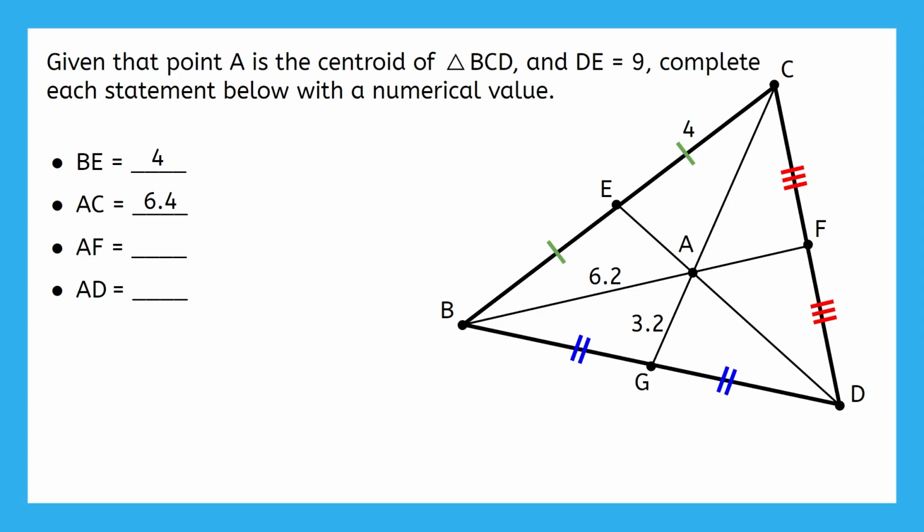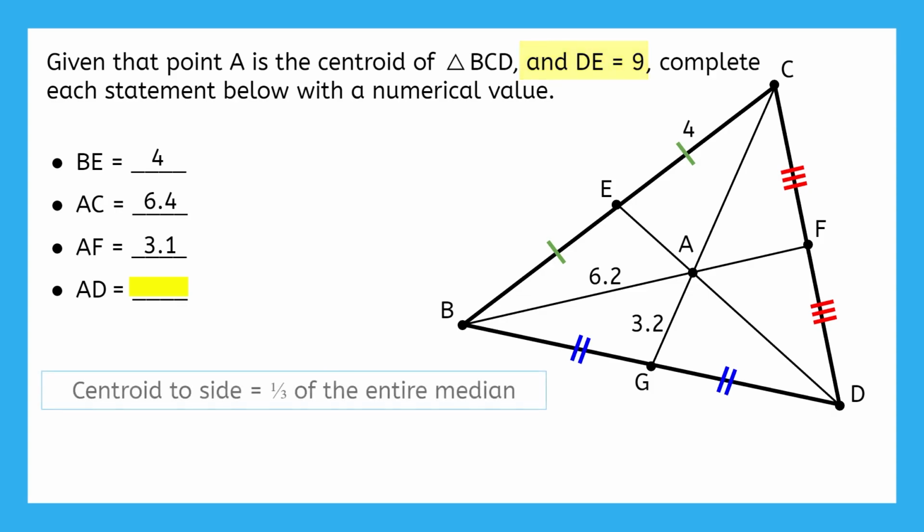The same logic will apply when finding AF. We have 6.2 for the longer segment, so we take half of that to get the shorter segment. Since half of 6.2 is 3.1, that's our answer for AF. The last part of our example is probably the toughest, and it uses this extra piece of information from the directions. If you weren't able to figure it out earlier, maybe you know a little bit more now. Give it a try once again, or double check your answer from when you tried it earlier.